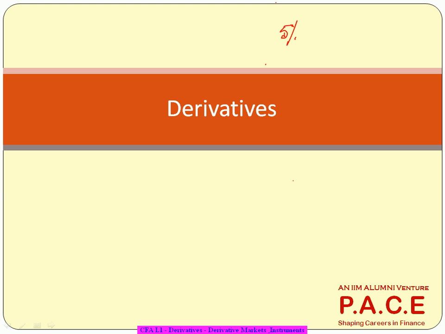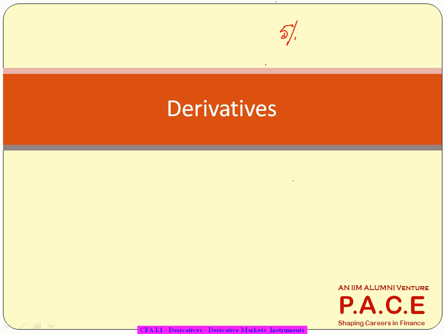So there are 6 chapters altogether. The first one focuses on the derivatives and the overview, why do we get into derivatives and something like that. And there are 4 different types of derivative instruments that are available. So one chapter for each of them, one for forwards, one for futures, one for swaps, one for options. So there are 4 chapters directed to 4 derivative instruments, and the final one focuses more on how you use these derivatives to do risk management. So that's the entire composure of our derivatives subject.